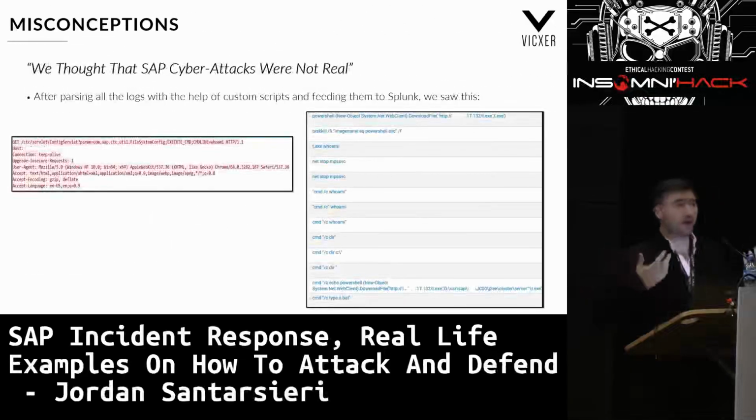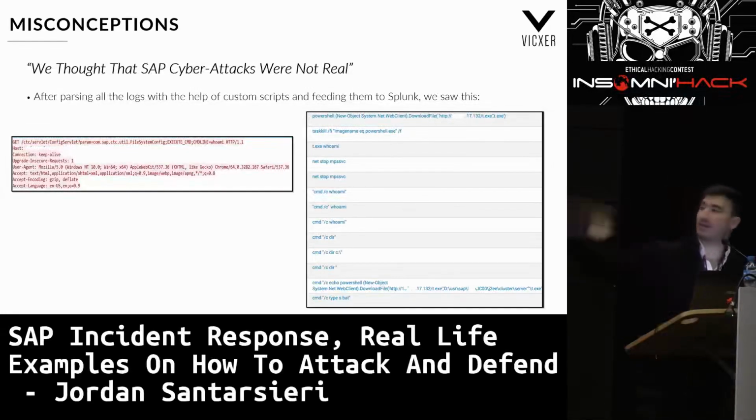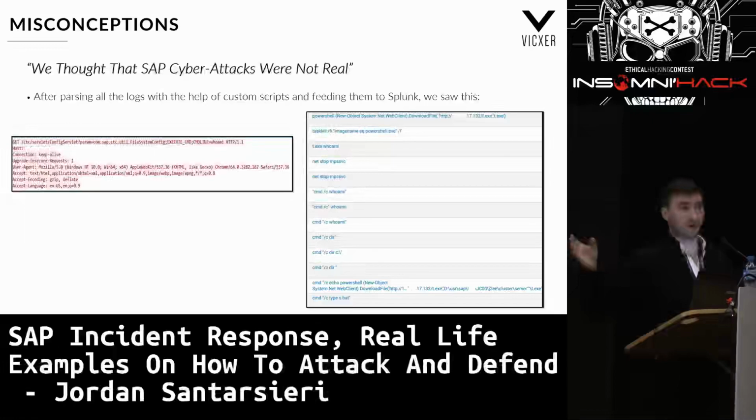Of course, we had to create, again, another parser and feed it to Splunk. The good thing about SAP forensics is that actually creating a parser for SAP is quite simple. They don't follow a standard log pattern, but it's very easy to create a pattern for it. So I don't know if you can see the screen. Right away, we get to see that someone was actually executing operating system commands on the compromised box. That's a very clear indication. And then, by looking at the headers, at the logs that we had, we were able to confirm our suspicions by the image that you see at the other side.